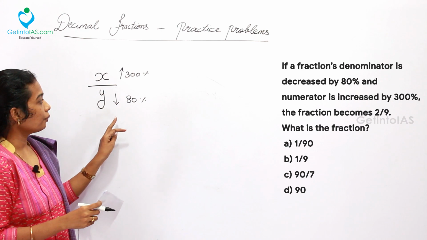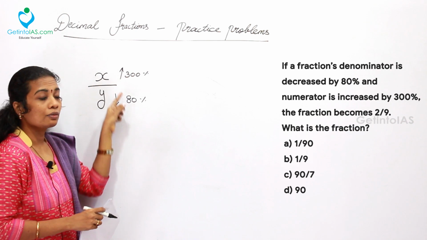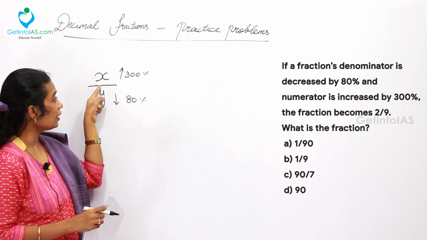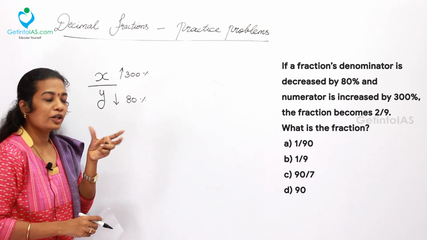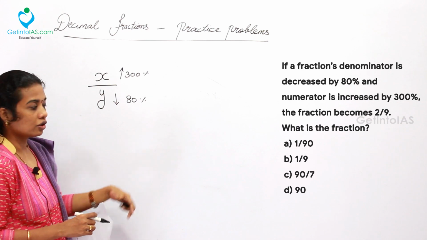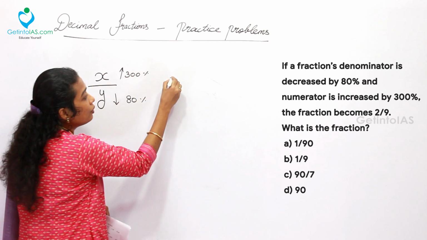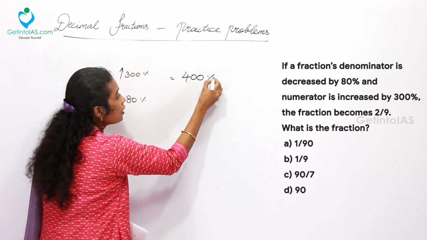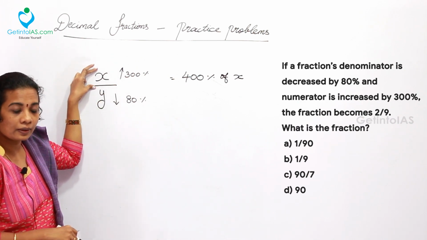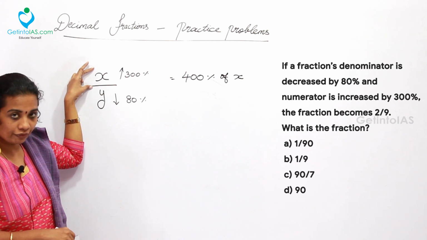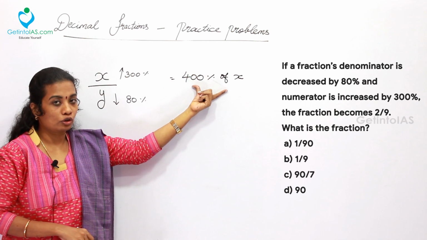These two things are very important. In the percentages chapter, we have learned that the basics of any number is said to be 100%. Initially, any number, whatever it is, 1 or 2 or 500, is to be considered as 100% in the initial stage. So here already it is 100%. So plus 300, it will become 400% of x. Once more explanation: 100% of the number is x. So 100% of x plus 300% means it will be 400% of x.